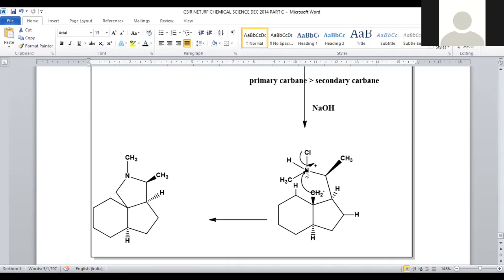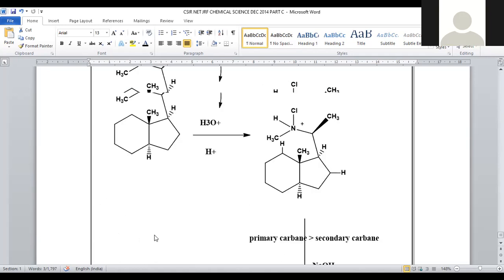That carbene will bind to the nitrogen positive. When it binds to nitrogen positive, subsequent removal of chloride will be possible. This chloride can be eliminated from the system. Now you are able to get 1, 2, 3, 4, 5, a 5-membered ring system generated at the center. And here, nitrogen with the methyl, already nitrogen with methyl is there. And this will be the system generated, which is said to be a tricyclic ring system.